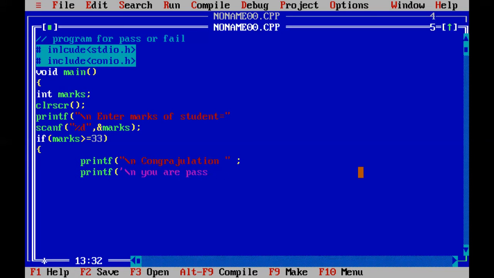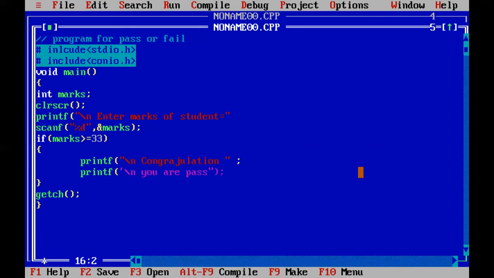Passed is something else, so password is better. Then getch. This example belongs to only the if statement, not the if-else statement.